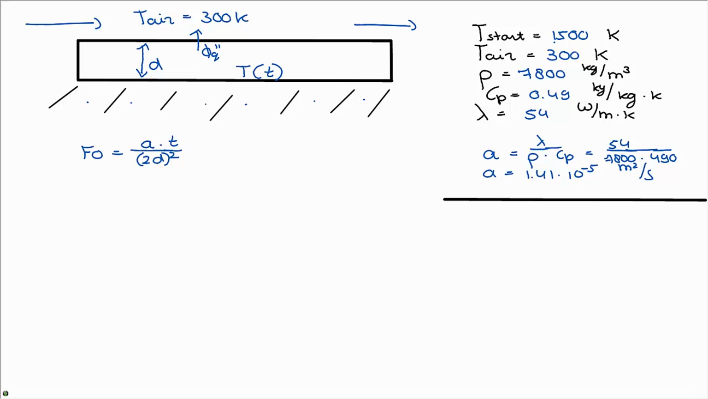Now if I look at this equation and I want to calculate the Fourier number, I can see I have alpha, or A, the heat diffusivity, but I do not have the time, and I also do not have the thickness. So this is not the right way to do this. How can you do this then? By using the graphs given in the exercise,